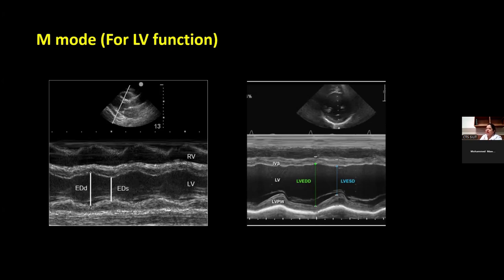And if you are using the short axis view, then you have to make the papillary level, and then place the cursor in between. Whenever you make the M mode, try to make a clear image in which you can identify the interventricular septum properly and the posterior wall. If you don't make the M mode very clearly, then you can overestimate or underestimate, and this is the weakness of the M mode measurement tool.